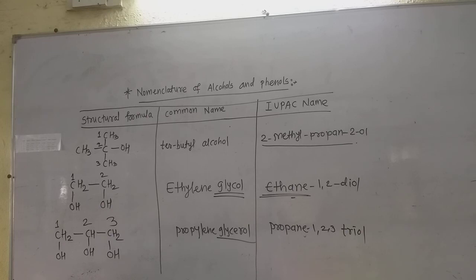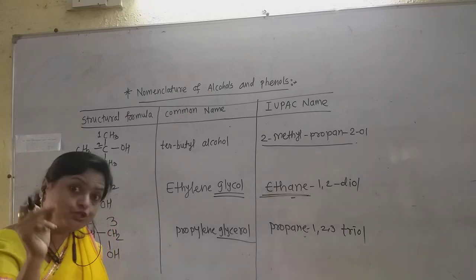Now this is propane. So the parent alkane propane is completely written, the name of the parent alkane propane, and then write down the numbers to which the OH groups are attached. The numbers are 1, 2, 3, and as it is a triol, write the word triol. But if these OH groups are not on continuous carbon atoms, still give the numbers of the carbons which have the OH groups. But numbering is done from that side in which the OH group is nearest.